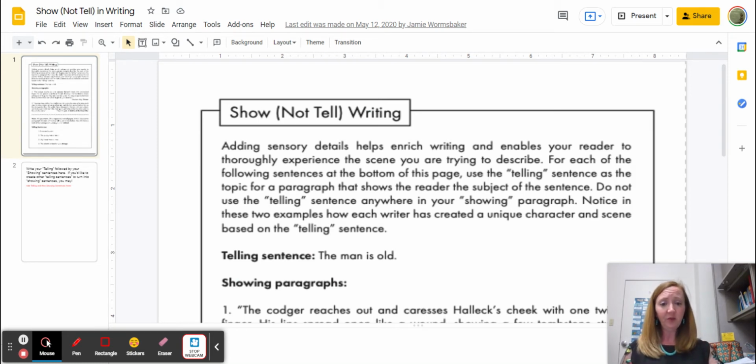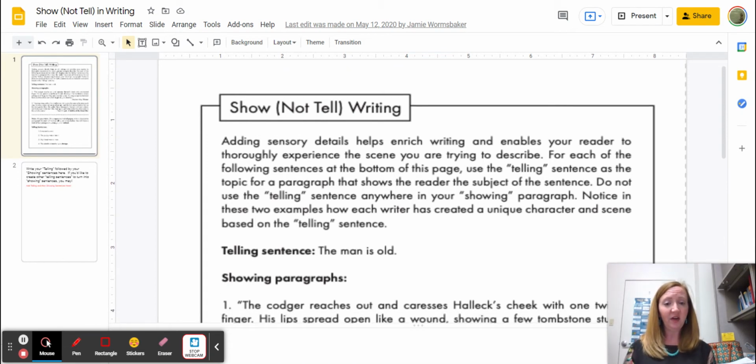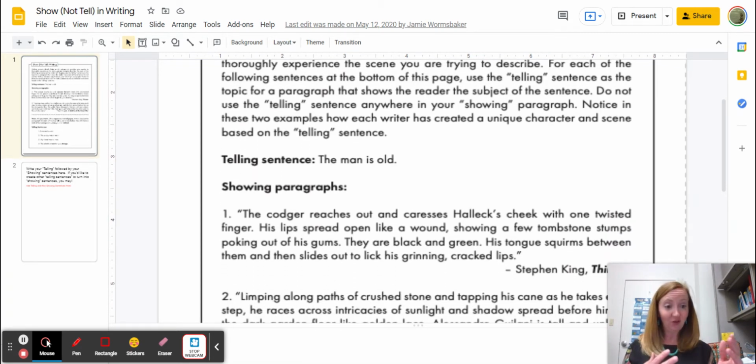So let's look at this sentence on my screen here. The man is old. If you read that sentence, you might picture any generic old man. It might even be like a cartoon clip art in your mind, or maybe your grandparent. But that word old is an abstract word, and there are all kinds of different ways that we can envision it. So let's look at an example that shows old from Stephen King, the master of horror writing, through some